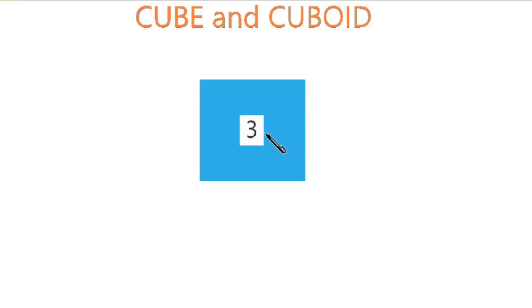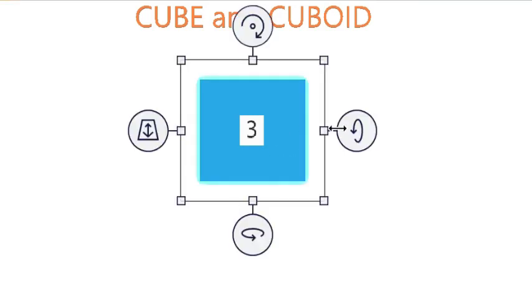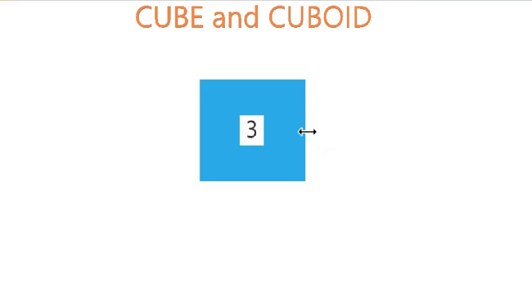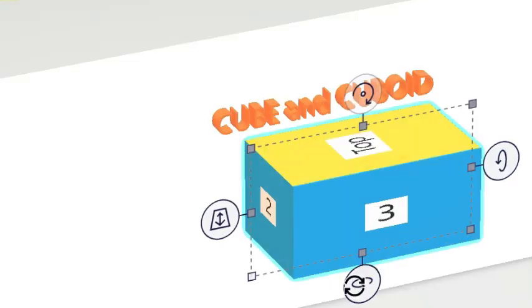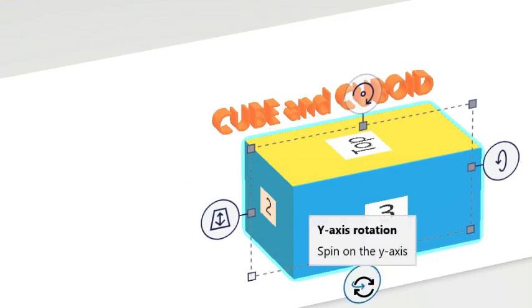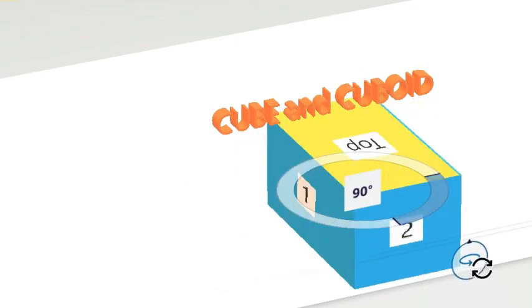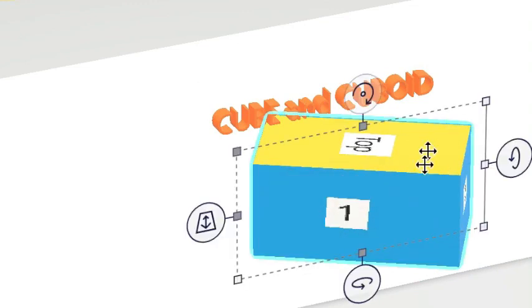Now what about the cuboid? If you just make any of the sides a rectangle, okay, this is also a rectangle, let us make this, we are increasing it, we are just changing it. You can decrease also and you can increase also. In both cases it will become a rectangle. So when we are increasing any of the square sides and making it a rectangle, it becomes a cuboid. Let us give the 3D view for it, and you can see that it is a cuboid, where again, how many faces do you have? You have 1, 2, 3 and 4 faces, right?